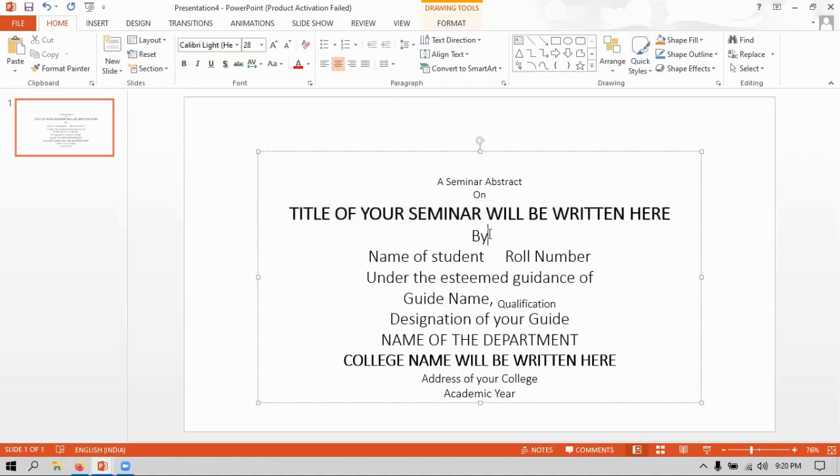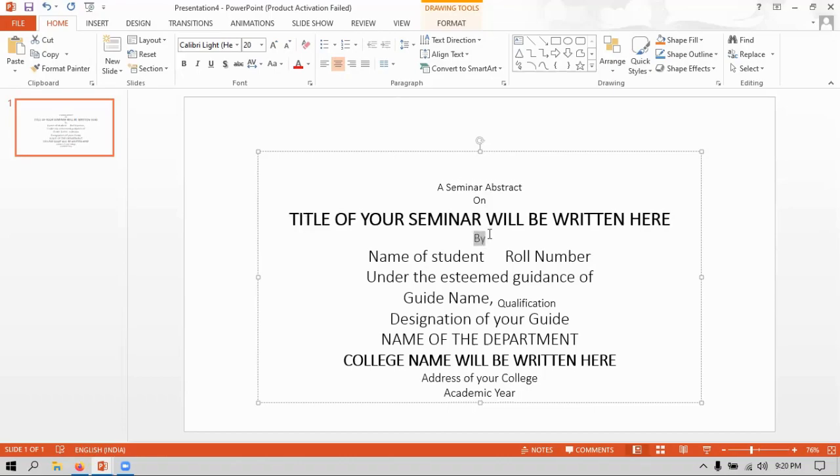Followed by that, I need to specify for the fourth line the word "by" with some font size, which is 20. A seminar report on title by. So I need to represent the name of the student. In this line, I don't want this to be highlighted compared to the title of the slide, but I need to make it somewhat clear.